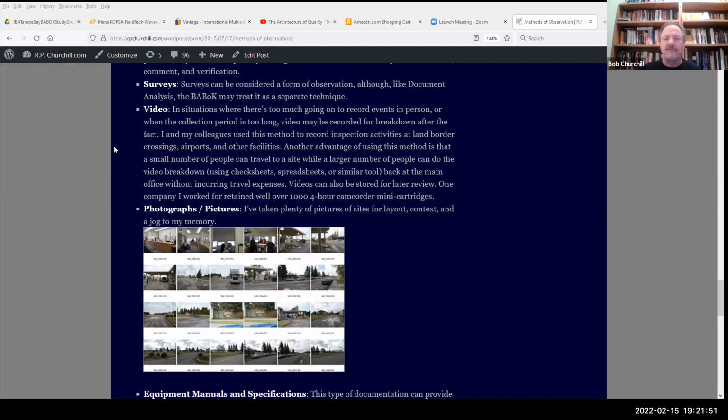Looking at pictures, taking a lot of pictures helps you more with discovery than data collection. That gives you the context of everything that's happening. You can use pictures that other people have provided for you. It's really good if you can take pictures on your own, and it will serve as a reminder of everything